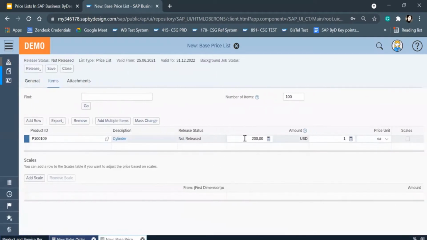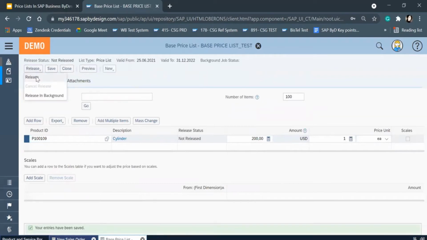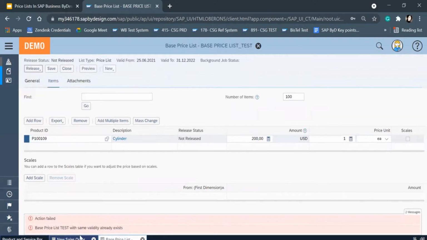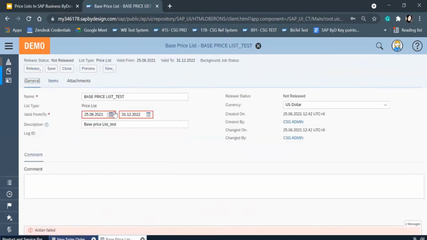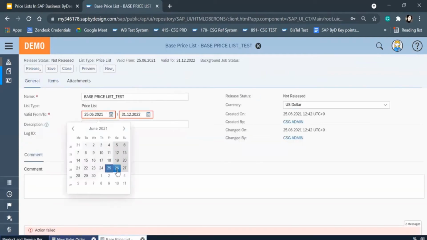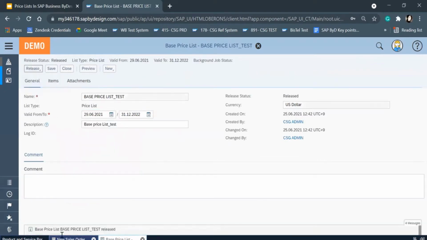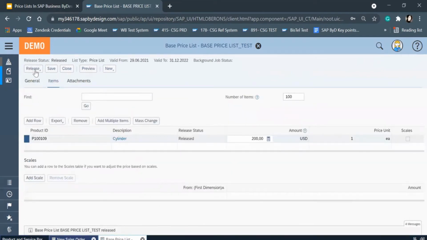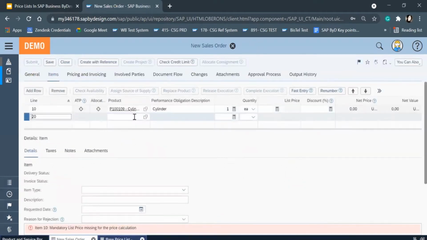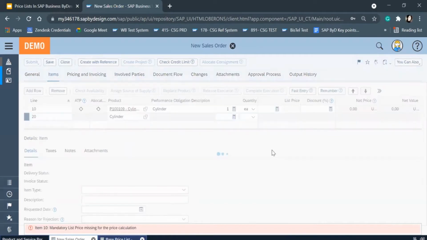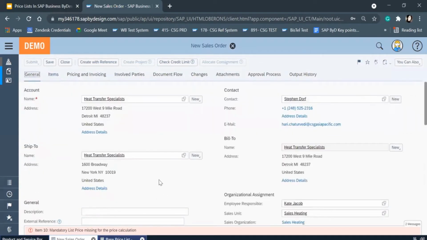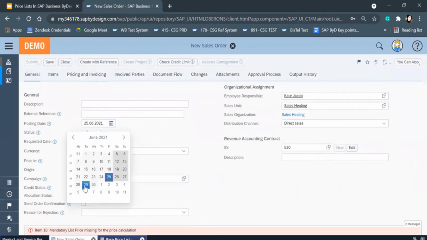So when I have entered the details here, I will save this and then release. Okay, it's saying validity still exists.